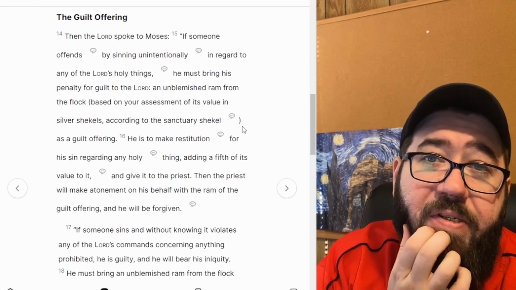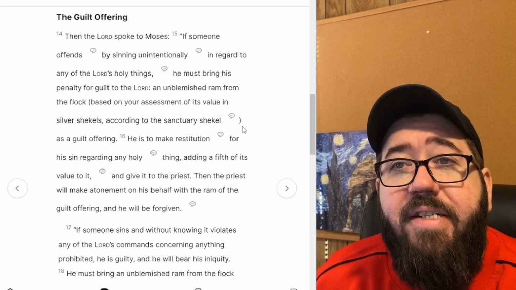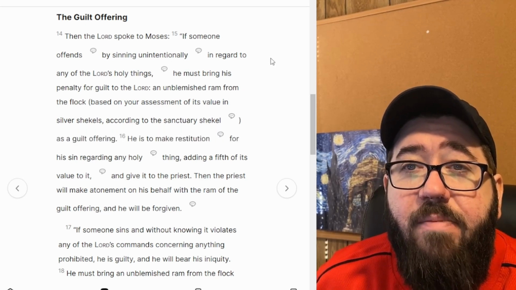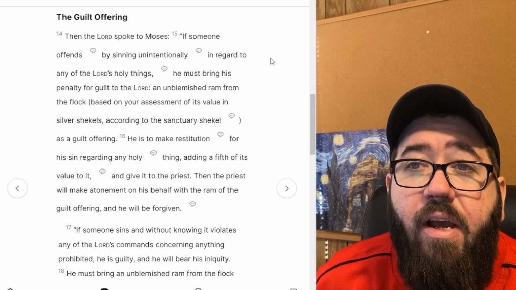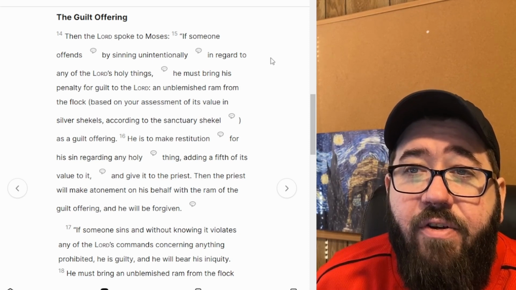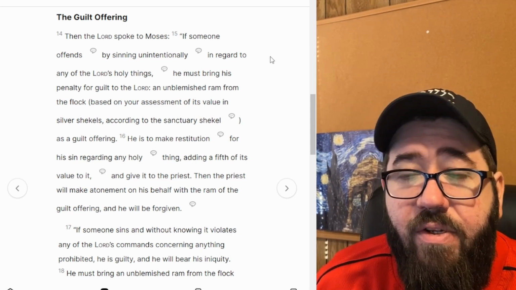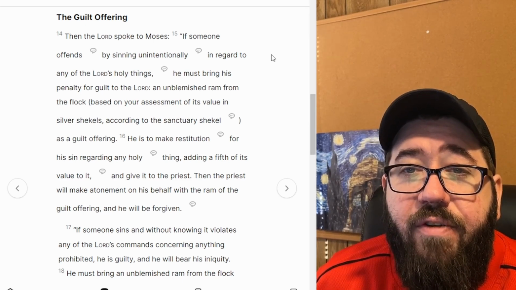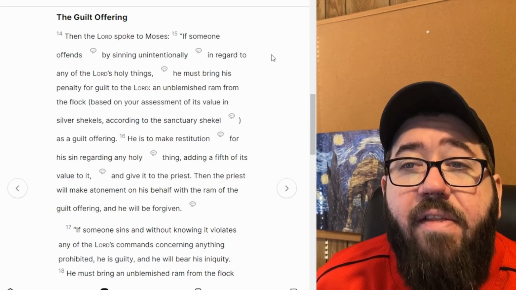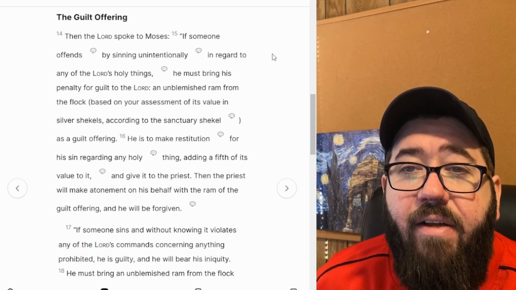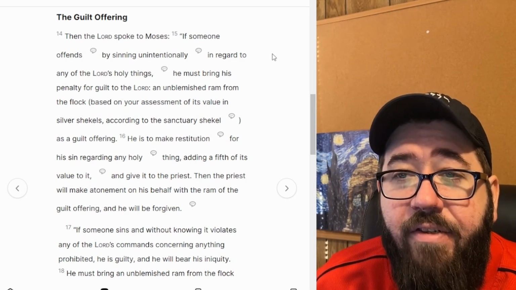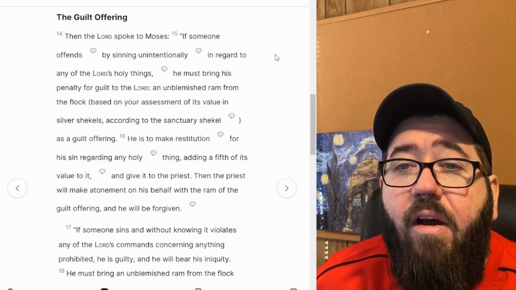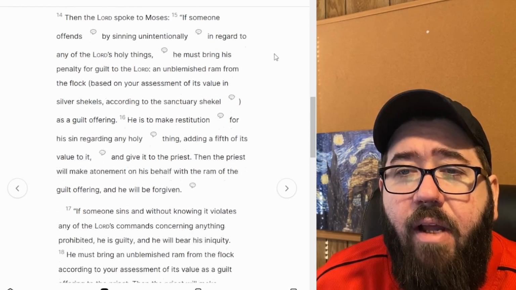Then the Lord spoke to Moses, if someone offends by sinning unintentionally in regard to any of the Lord's holy things, he must bring his penalty for guilt to the Lord, an unblemished ram from the flock, based on your assessment of its value in silver shekels according to the sanctuary shekel. As a guilt offering, he is to make restitution for his sin regarding any holy thing, adding a fifth of its value to it, and give it to the priest. Then the priest will make atonement on his behalf with the ram of the guilt offering, and he will be